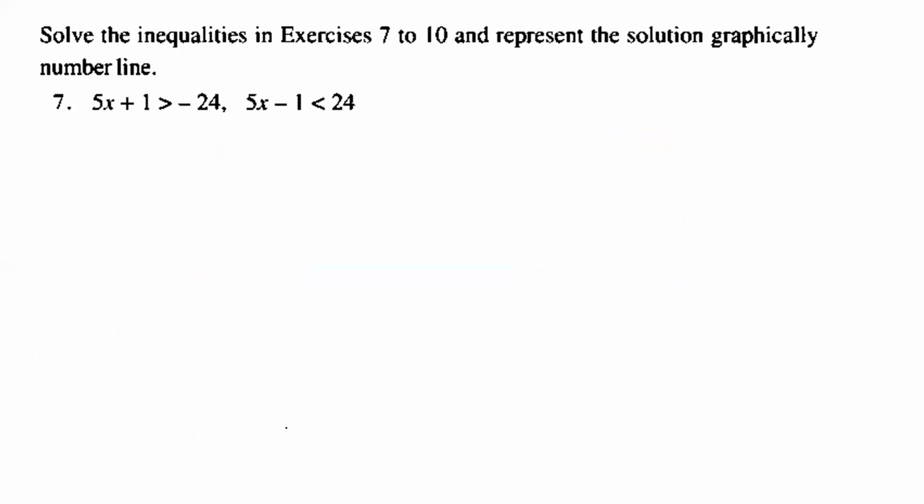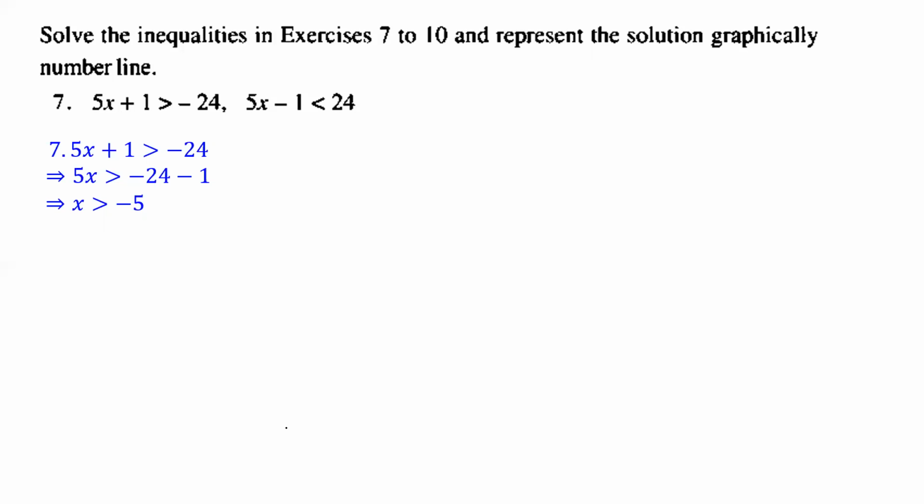The system of inequalities is given. You need to solve this graphically. This is a solution for one variable only. So first of all, 5x plus 1 greater than minus 24. If we simplify it, 5x greater than minus 24 minus 1, that will be x greater than minus 5. It means for the first inequality, all the values we will take for x present in the real number line are greater than minus 5, not equal to minus 5. So except minus 5, just after minus 5, we will take all the real numbers.